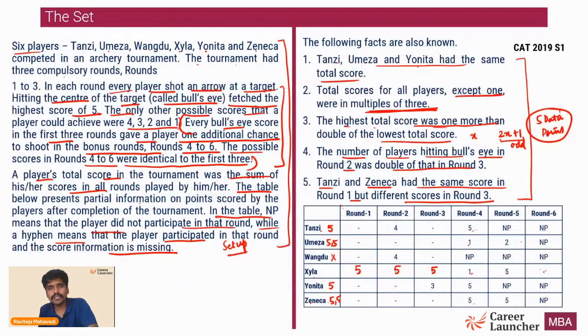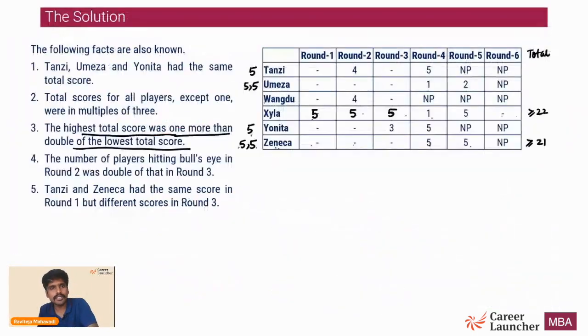Who can have the lowest total score? Now please understand, because T, U and W, what is the highest score that W can have? What is the minimum score that T can have? He already has a 4 and 5. If he already has a 4 and 5, and he has one more 5 definitely, so his minimum score is